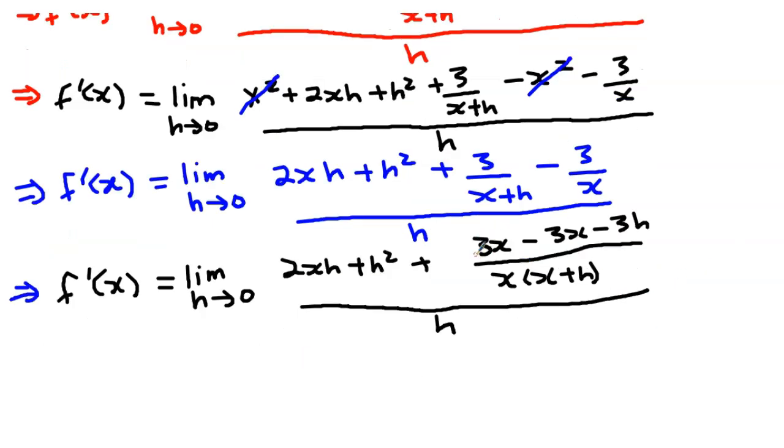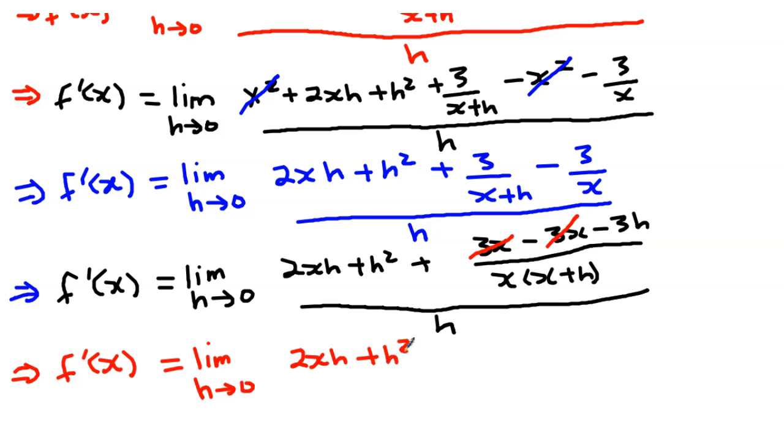And once we do that, we see that this and this are the same with opposite signs, so they turn into 0. The derivative of f of x is equal to the limit as h tends to 0. We got 2xh plus h squared minus 3h, then x times x plus h,